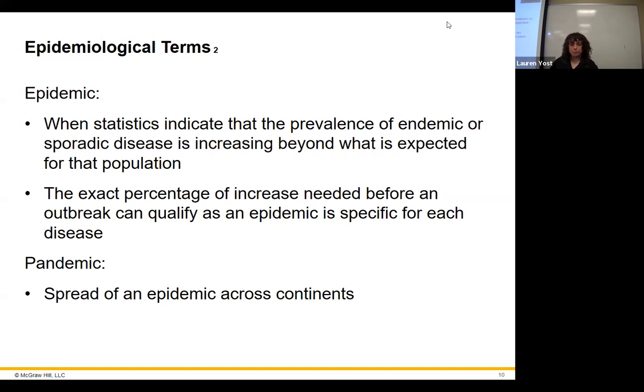There are numbers that you have to qualify for in order to actually be called an epidemic. So you can't just say, oh, more people than usual have this, this is an epidemic. There are actual qualifying numbers that you don't need to know, but they exist. Because I don't know if you know this, but epidemiology isn't so much about science as it is about statistics, which is math. And I don't like math. So we're not doing it.